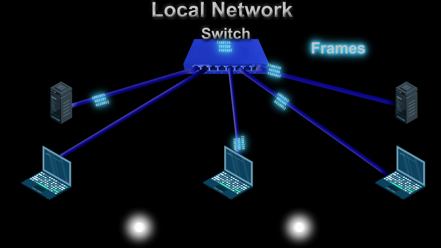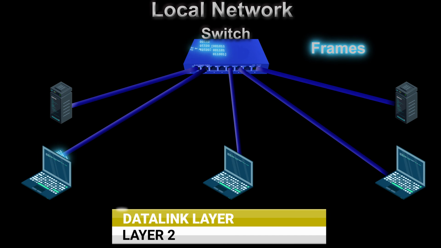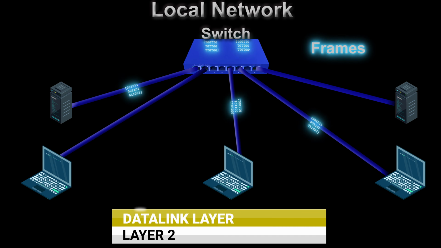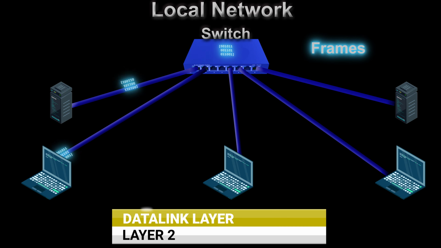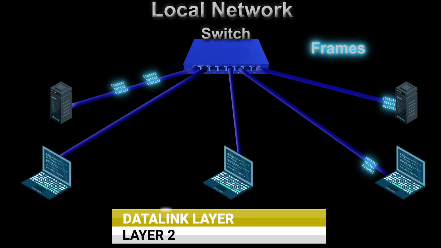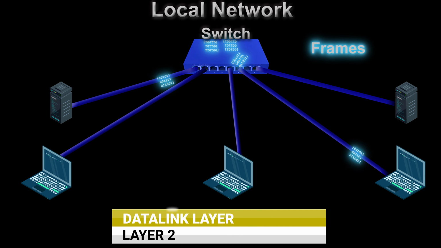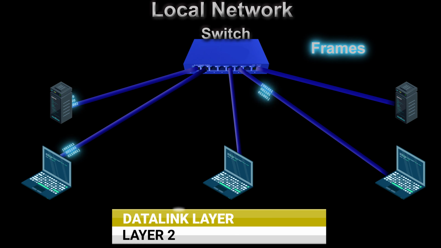communicate. Layer 2, the Datalink layer, is all about local network communication. Here the bits, the ones and zeros from the physical layer, are organized into units called frames. This is where switches primarily operate, directing traffic on your local network using MAC addresses. In this layer, data frames are neatly organized and forwarded to the correct device, ensuring efficient communication within the same